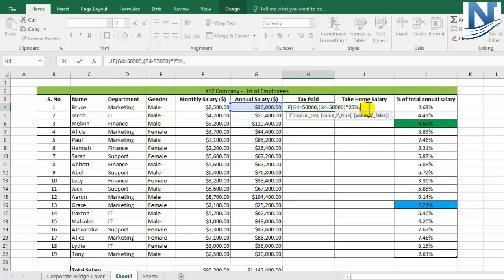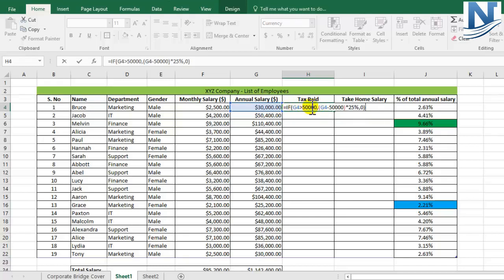And if it is not true, that is, if the salary is not above 50,000, we are not going to include any tax rate. Simply include 0 and complete the bracket. I'll explain this formula again. I want to see if the salary of the person is greater than 50,000 or not. So, is G4 greater than 50,000?